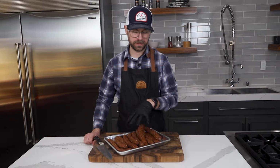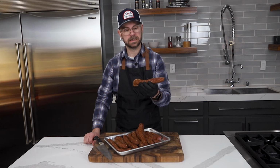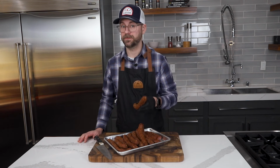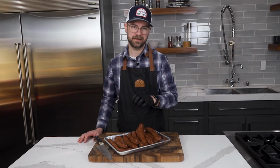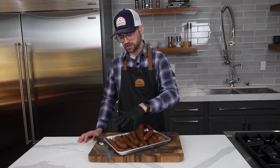It's been about 5.5 weeks since we went into the chamber with our dry cured chorizo. Now I kept a good eye on it and it looked like it was getting close to being done, so I put a glove on, gave it a squeeze to check firmness, which is a good indicator of moisture loss, and it seemed like it was done. I am very glad I checked, because had I gone any longer, we might have had excessive drying and some crumbling, which would not be ideal. So I put it on the scale and we did lose about 39–40% of our moisture,